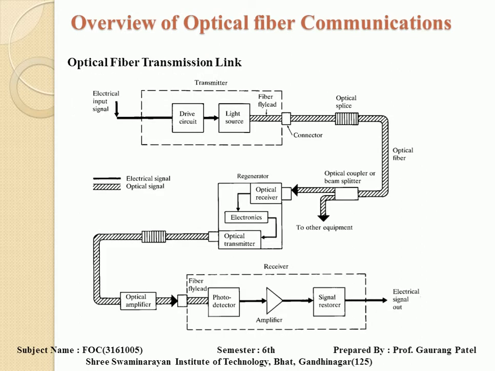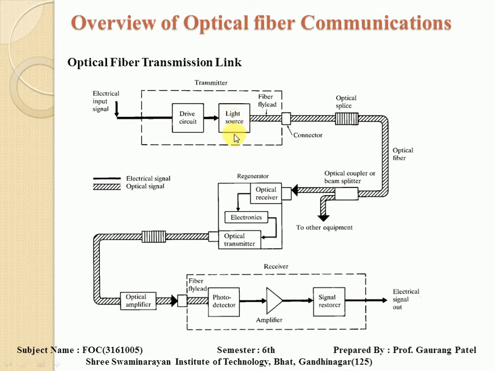So first topic is elements of optical fiber transmission link. The figure shows the block diagram of a typical optical fiber transmission link, and as we can see, this transmission link consists of three blocks. One is transmitter, second is transmission channel, and third is receiver. The transmitter consists of three blocks: drive circuit, light source, and fiber fly lead. The function of this drive circuit is to drive this light source,